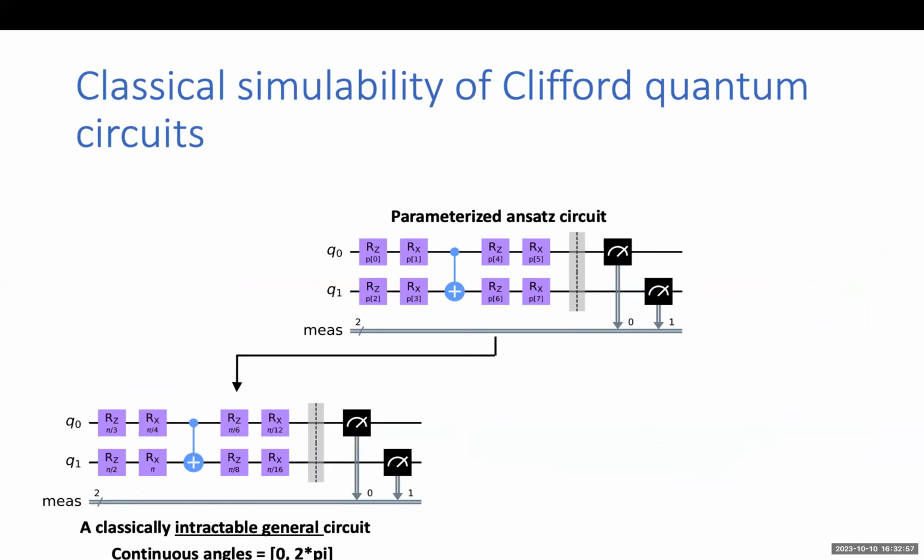This was the parameterized circuit I showed you earlier. All of these single qubit gates can be tuned. This is an example of a general quantum circuit created with this construction. You can see all the angles like pi by 3, pi by 4, and so on. This is a typically intractable circuit that needs a quantum device, maybe not for 2 qubits, but when we go to 50 plus qubits, that's where a classical computer cannot do anything anymore.